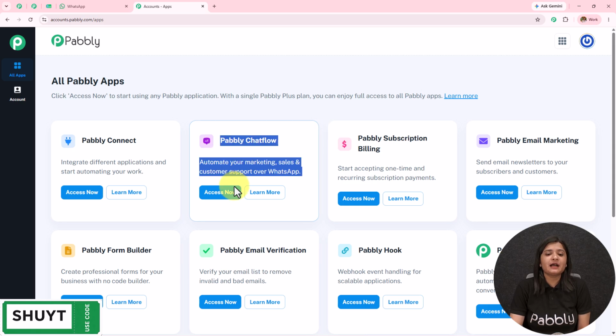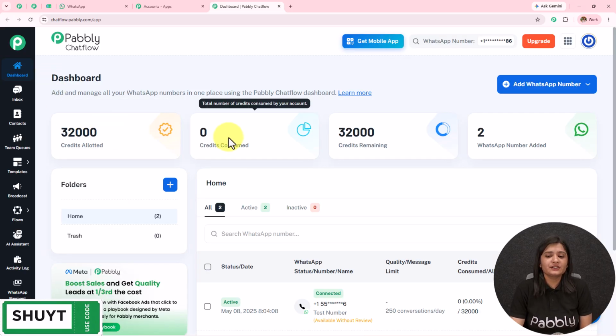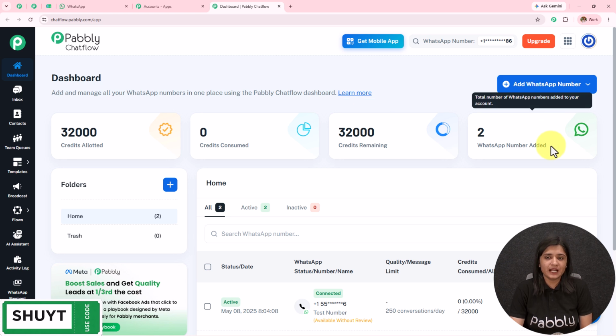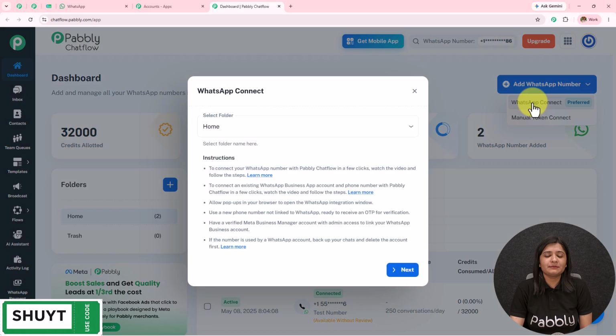I'm going to select Pabbly Chatflow Access now, and I will land on the app dashboard of Pabbly Chatflow. Here I can see the credit allotted, credit consumed, credit remaining, and the WhatsApp number added. To add a WhatsApp number to your Pabbly Chatflow account, simply click on this add WhatsApp number, click on this